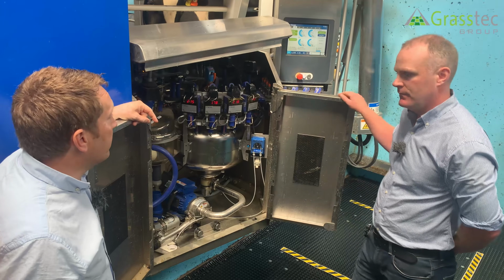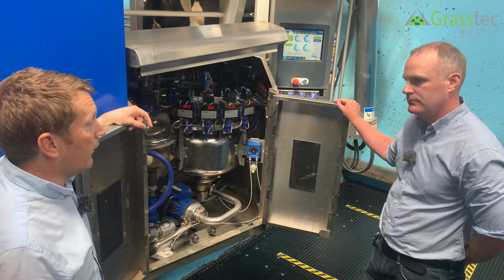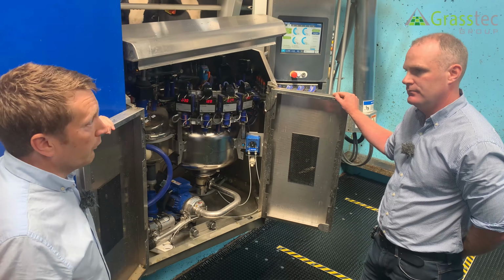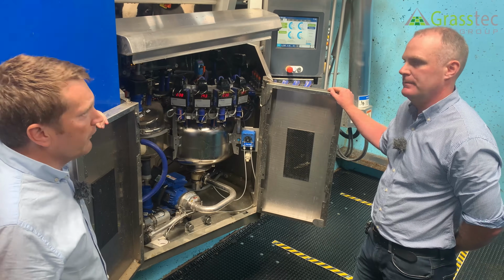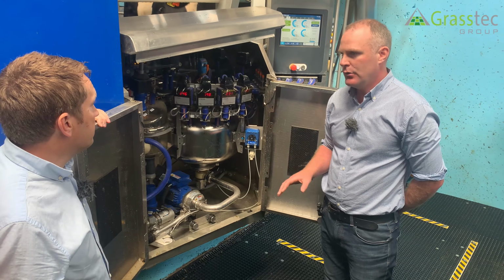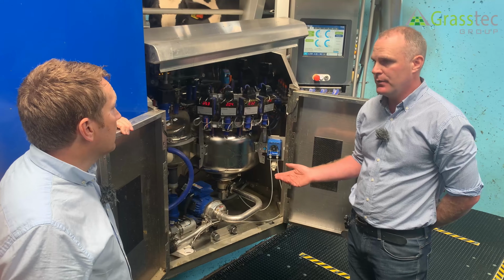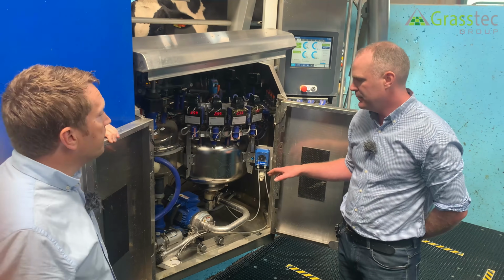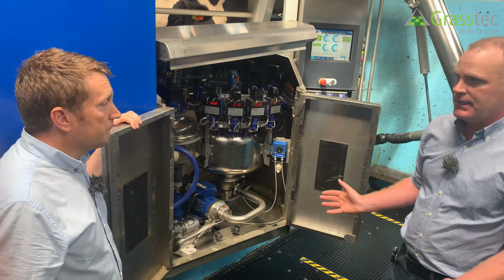All fully ICAR approved meters, so they can be linked with milk samplers for blood, for fat and protein, or can be linked with one of the other companies that supply Munster Bovine or any that supply recording systems. So, say, fat and protein meters are an added feature that you can put onto nearly every robot, but some customers choose to put them in, some customers don't. This robot hasn't been fitted with them,